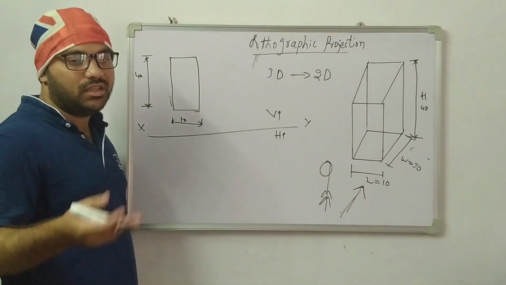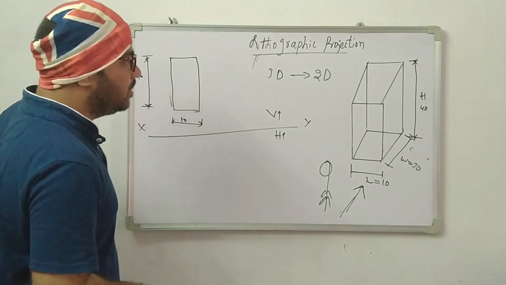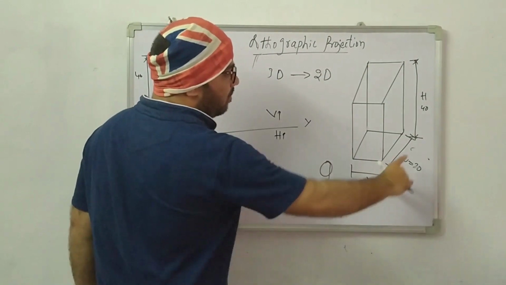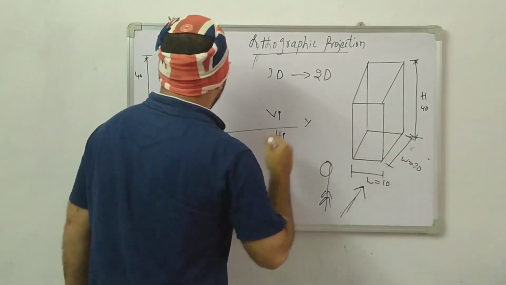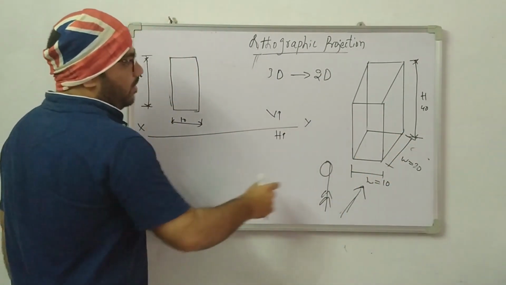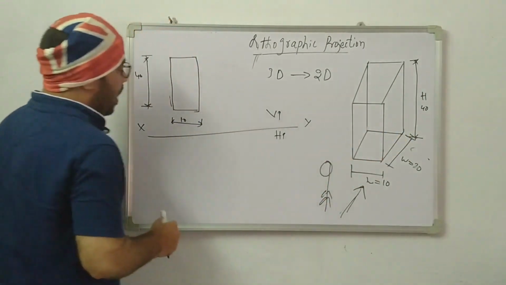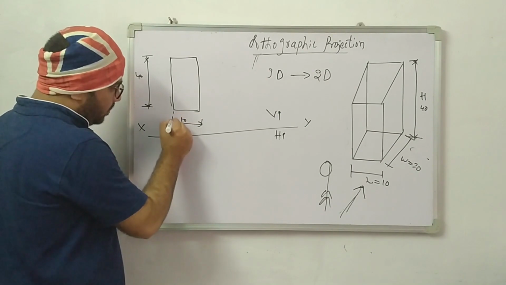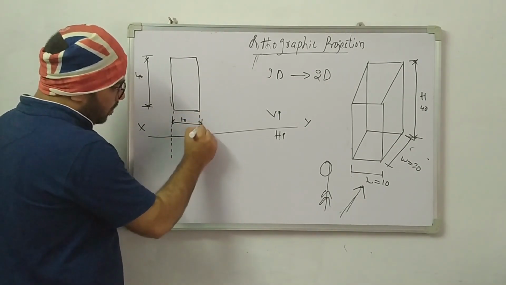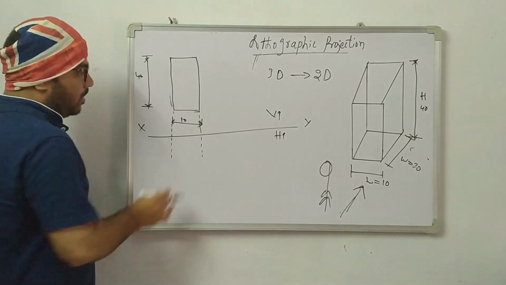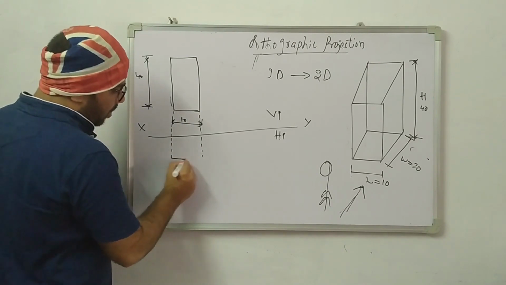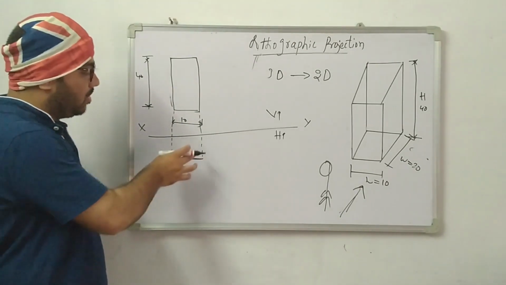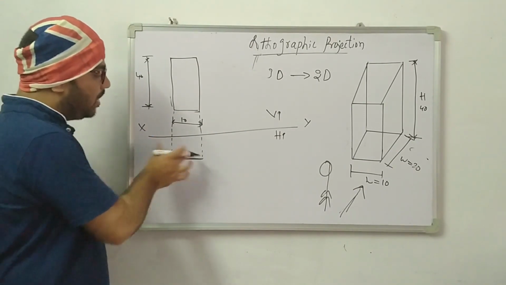Now we have to see the top view. To see the top view, what is the procedure? Watching from the top, I am going to see the width and length. Simply, the width is how much? Here 20 is there. The length is already there. So simply draw the projection lines downwards, and you are obtaining the length by drawing the projection line vertically downwards. Now we completed the length portion.